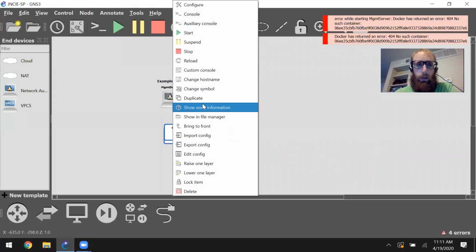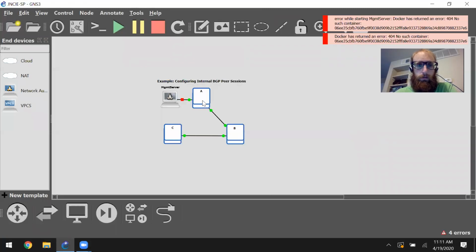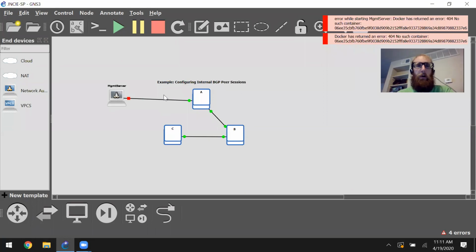What if I duplicate it? I wonder if I duplicate it, then will the duplicate work? So far it hasn't been duplicated, but I figured what I can do is just delete it, create a new one,